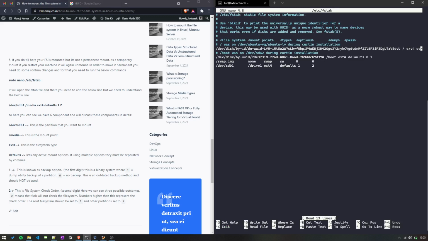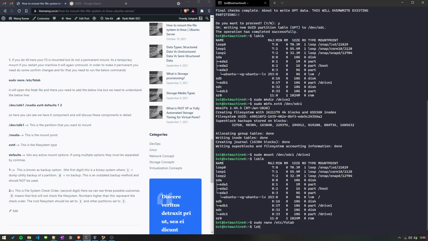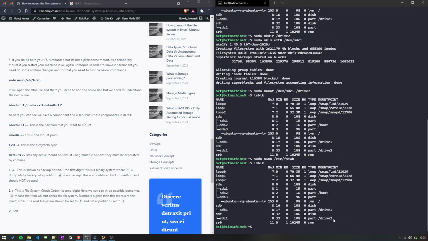Now we have to mention the same things again: /dev/sdc1, that is the partition; now the mount point, that is drive2; now the file system, that is ext4; the mount option, that is defaults; now the backup option, which we'll set as 1, and the check option, which we'll set as 2. Ctrl+X, save. Again lsblk, and here you can see these partitions are mounted.